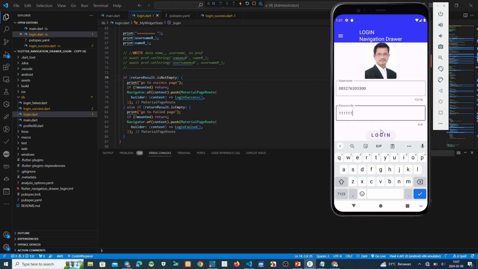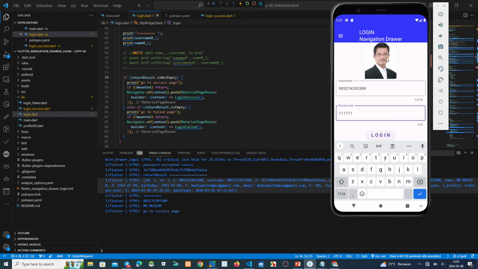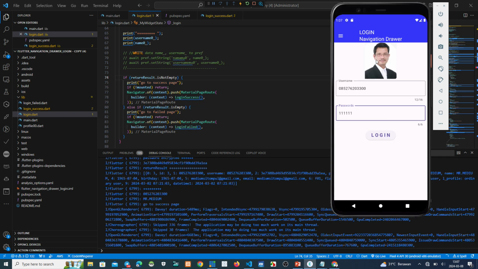Okay, click again, login button here. Login success.